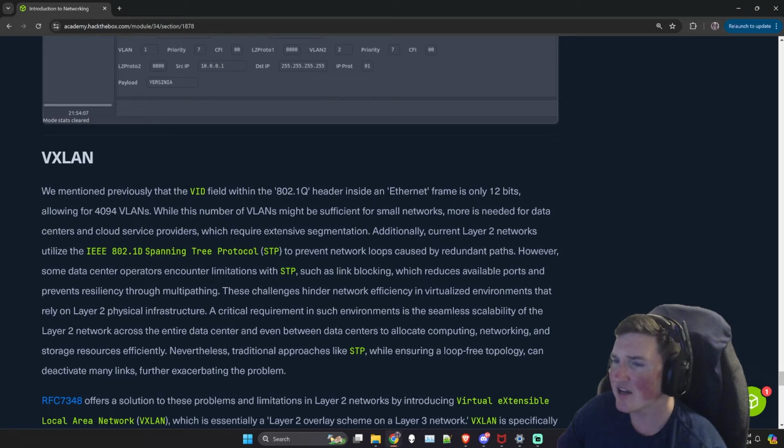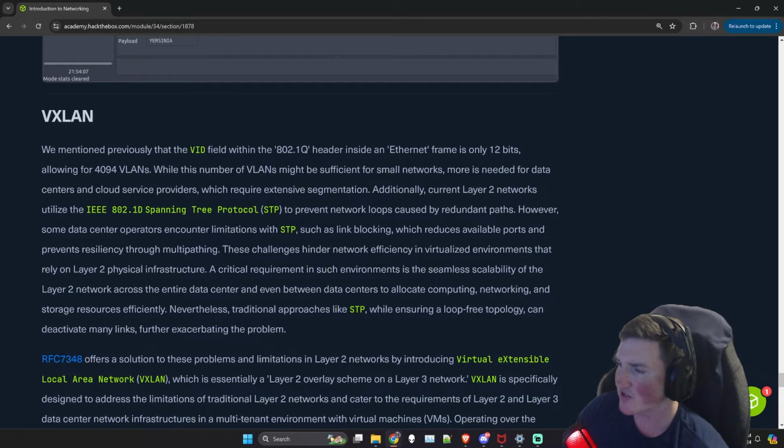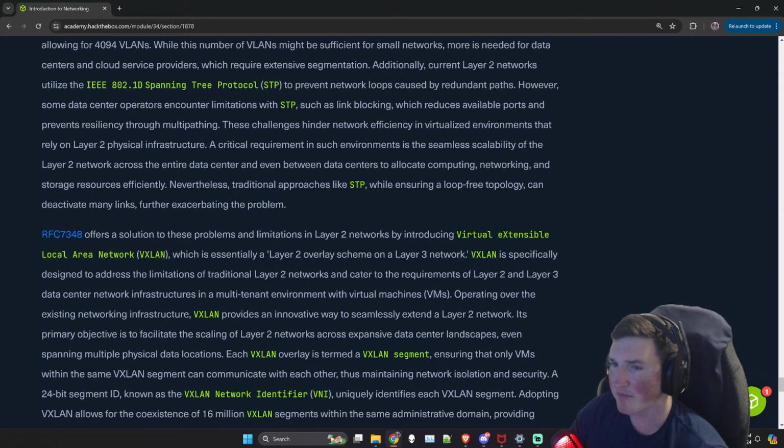So you can see currently this is 802.1D. They use the Spanning Tree Protocol. We saw that one earlier and talked about it a little bit. It ensures loop-free technology, meaning your packets aren't going to loop through, so it prevents a lot of that. The problem is, again, that's a smaller scale. If you have a data center like Google or Amazon, they're huge.